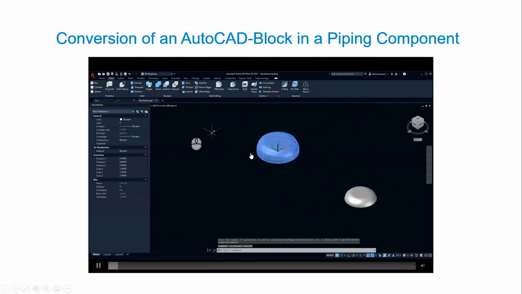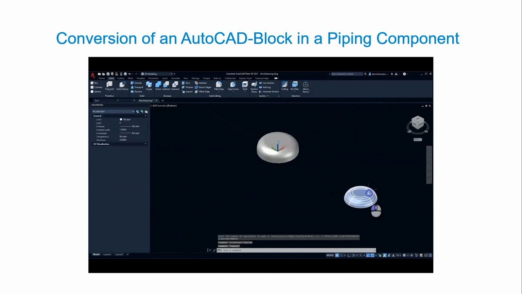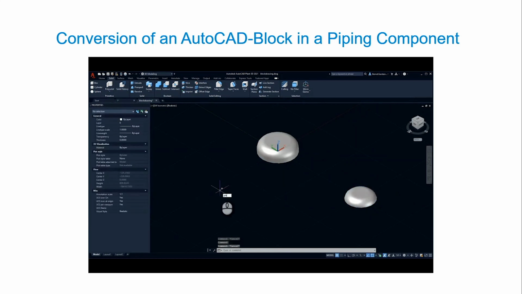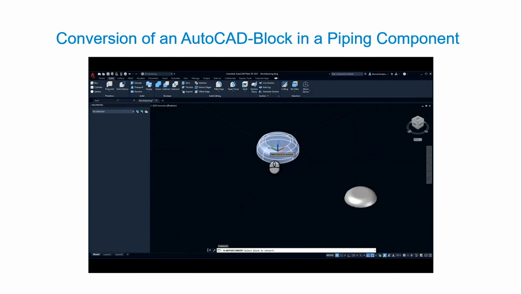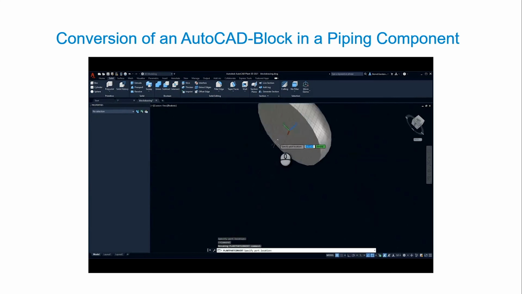In this video, I'm showing you 2 blocks which should be used for a custom cap component in a catalog. One for the size 100 and the other one for the size 80. The drawing can be saved anywhere. It hasn't to be saved in the project itself, but it has to be saved. The running command plant part convert converts the block to a plant component. This command has to be executed for every size separately.